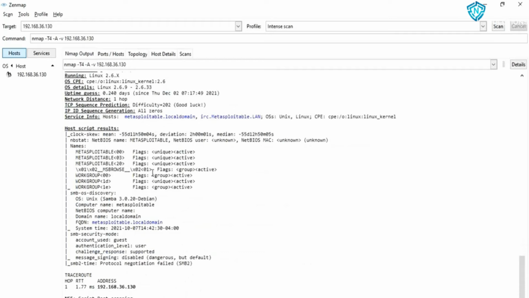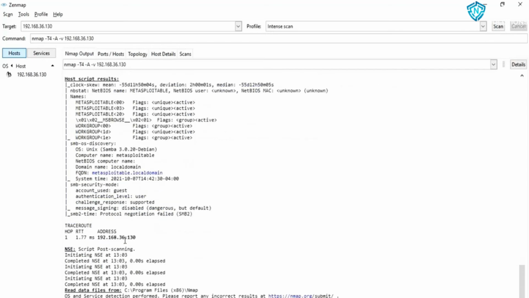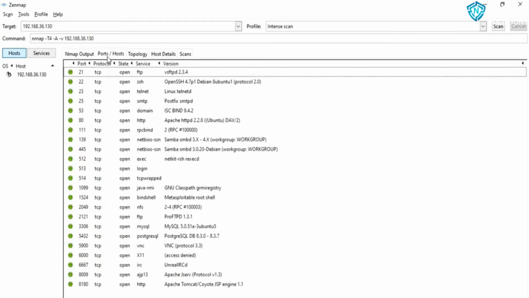Further, we will see the other details that we can find with the help of default scripts that are being run. After that, we can analyze all this with the help of another tab, that is the ports and hosts tab, in which we will see all the ports, protocol, their state, services and the versions on those ports.